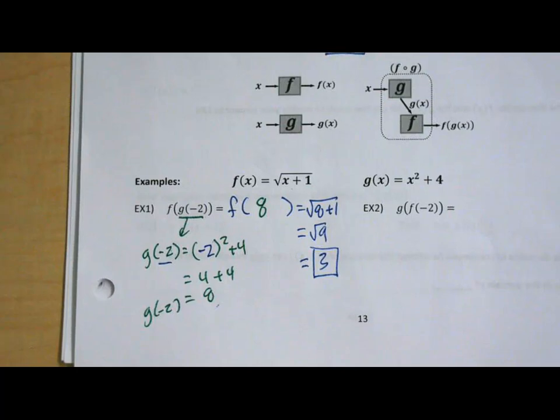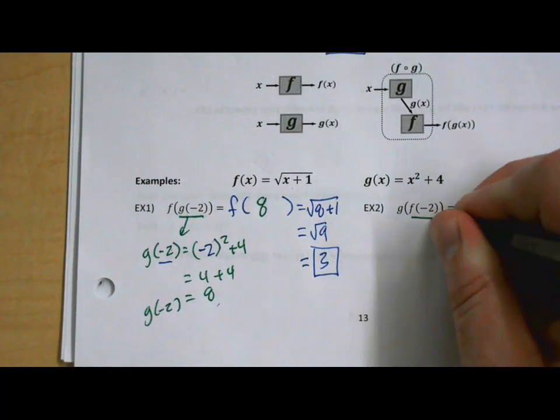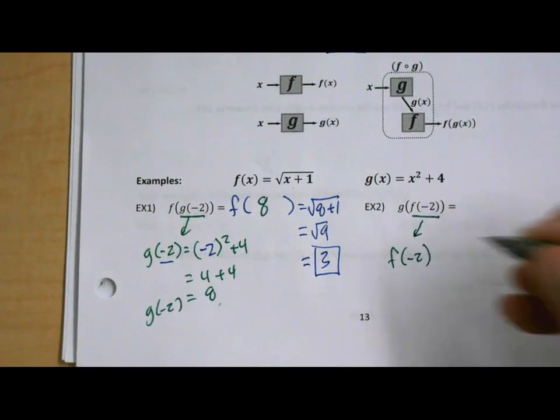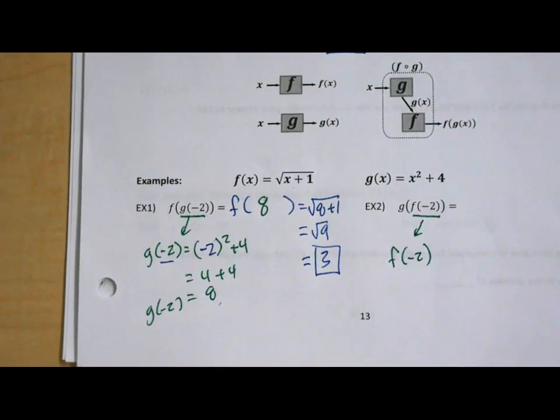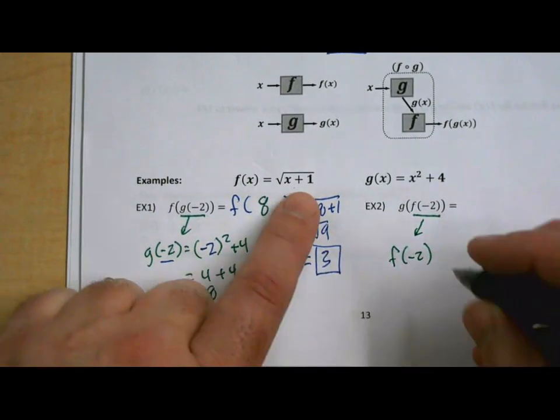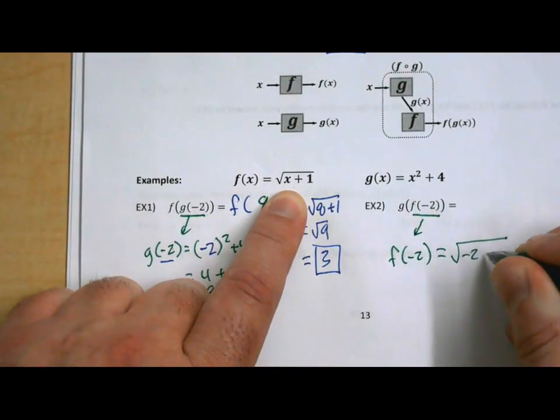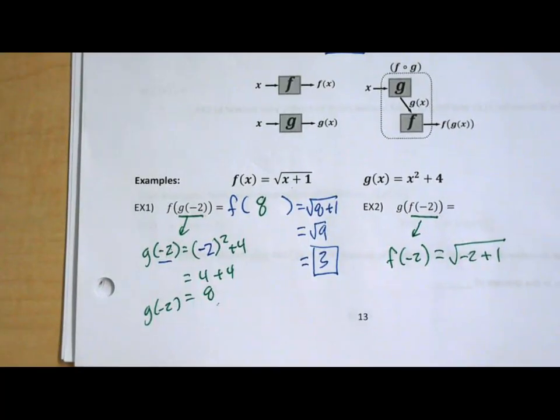Let's do another one. Inside out is the way to go with these. So I'm going to start by finding f of negative 2, and then I'll take that answer and put that into my g function, and then we'll be good. That's it. So finding f of negative 2, my f function is the square root of x plus 1, so I'm plugging negative 2 into that, and